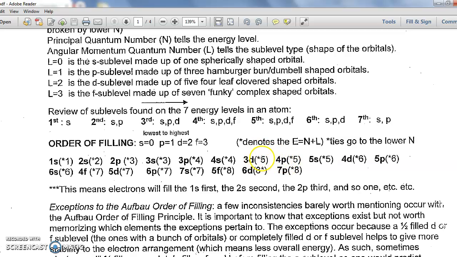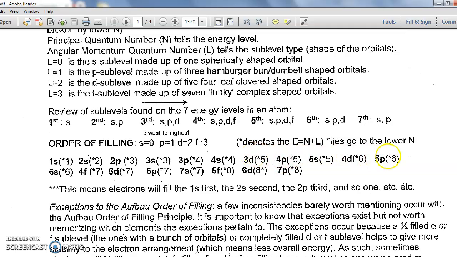So 3d has a 5. So does 4p. Tiebreakers go to the lower first number. So a 3 is lower than a 4. So the 3d gets filled first, then the 4p. The 5s's energy is also 5. When you're in the s, your second number is a 0. 5 plus 0 is 5. But it gets filled after the 4p because its energy is 5, and the tiebreaker is the lower first number